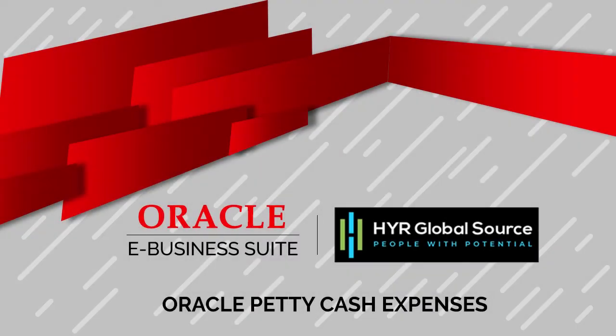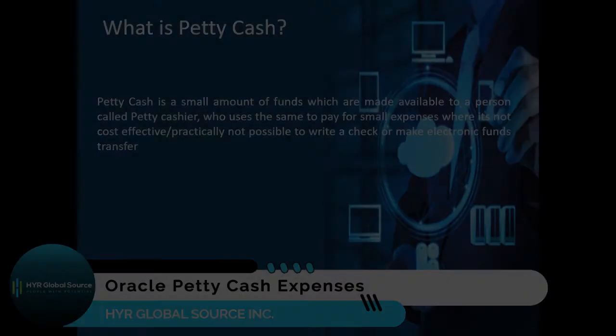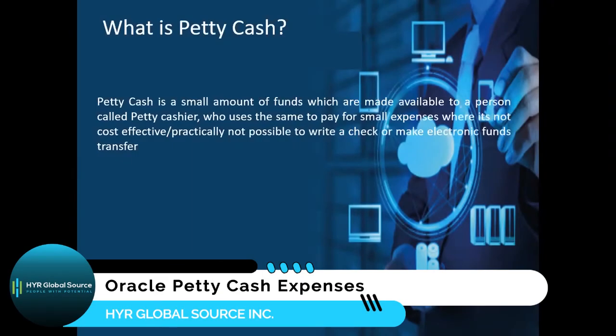In today's video, I have come up with another interesting topic, which is about how to record petty cash expenses. So before we proceed further, we need to understand the concept of petty cash and what aspects are involved in it. Petty cash is basically a small amount of funds which are made available to a